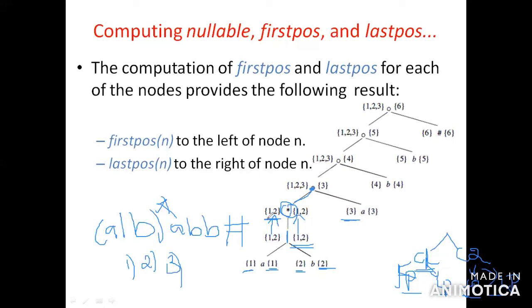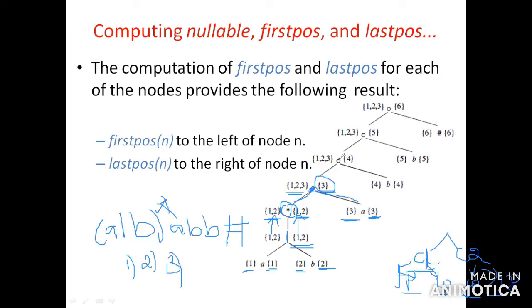Here first position of C1 is 1, 2. First position of C2 is 3. So 1 and 2 can be merged with 3, meaning the answer is 1, 2, 3 for the cat node, first position of C1 values. Is it clear? Then here check in the right child, dot node, cat node, right side, last position will be calculated. Last position means it is not nullable. Not nullable means you have to write the last position of C2. Here last position of C2 is 3. Last position of C1 is 1, 2. Last position of C2 is 3. So you have to write 3 values.